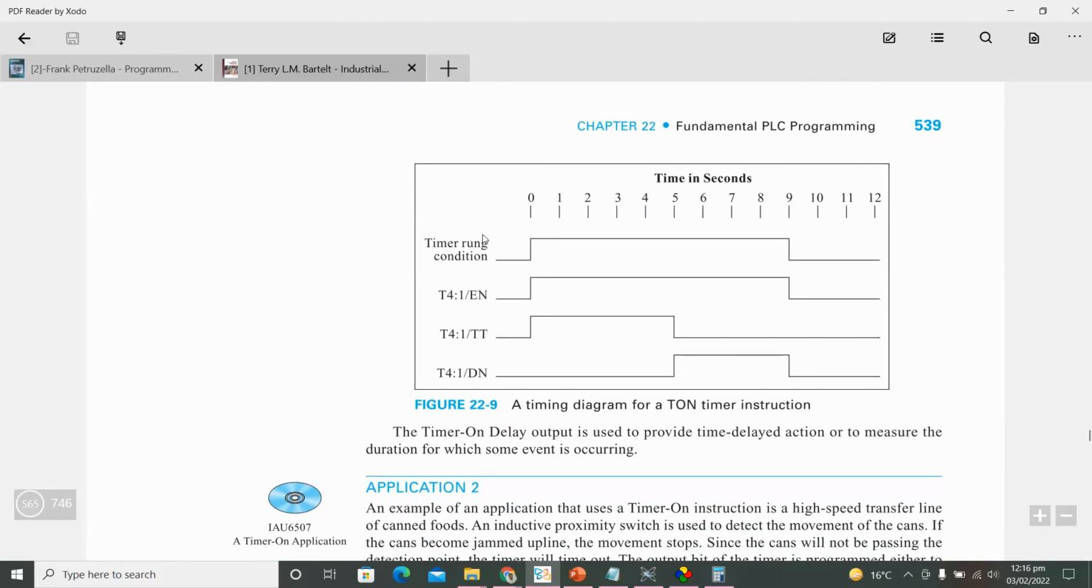ठीक है, ये डायग्राम से सही समझ आएगी आपको। देखें, जब कंडीशन ट्रू होता है टाइमर के लेफ्ट पे, तो टाइमर रन कंडीशन जब ट्रू हो जाए, इसका मतलब है हाई हो जाए, तो इनेबल हाई हो जाता है, और ये तब तक हाई रहता है जब तक आपका डन बिट हाई नहीं हो जाता। जब तक, सॉरी, तब तक हाई रहता है जब तक वो कंडीशन ट्रू है,